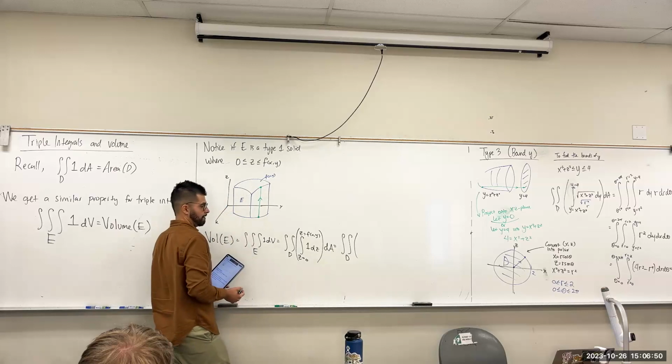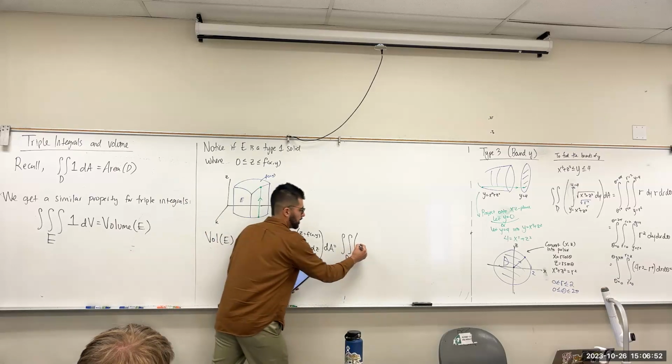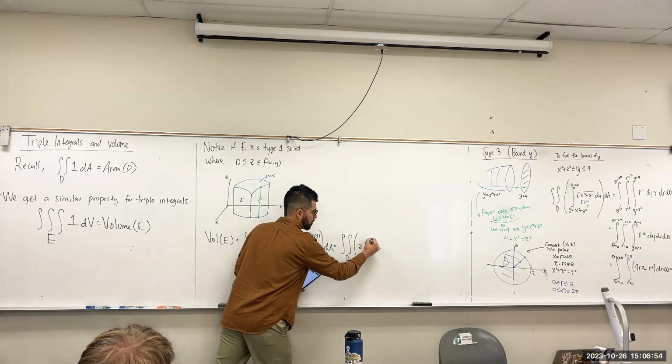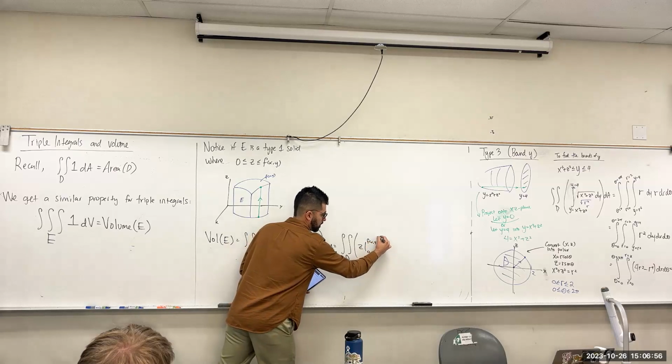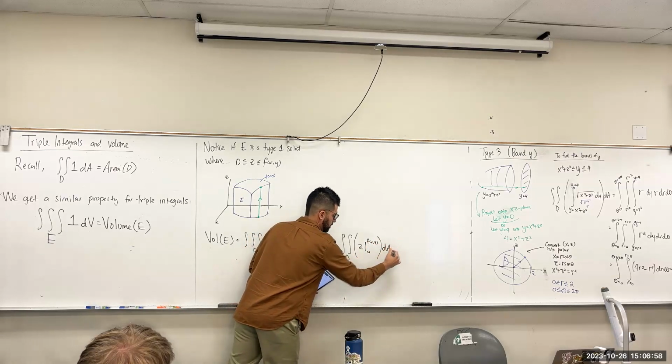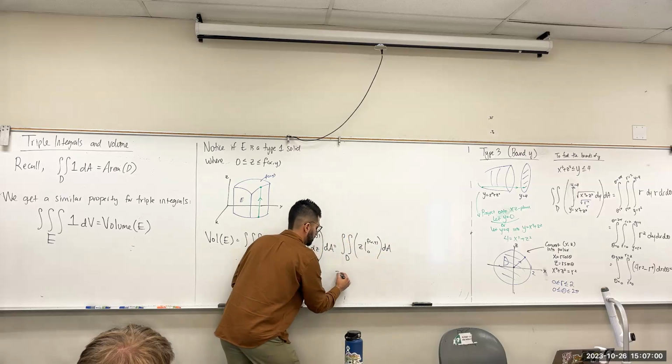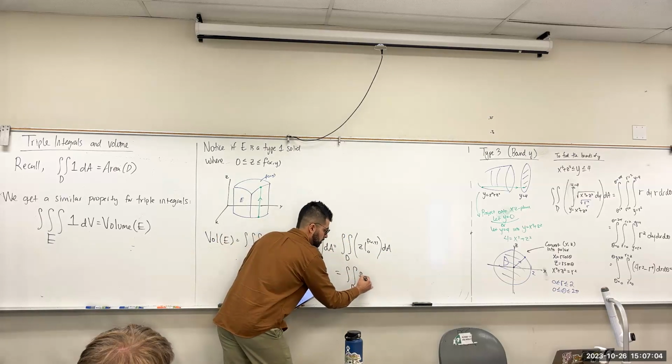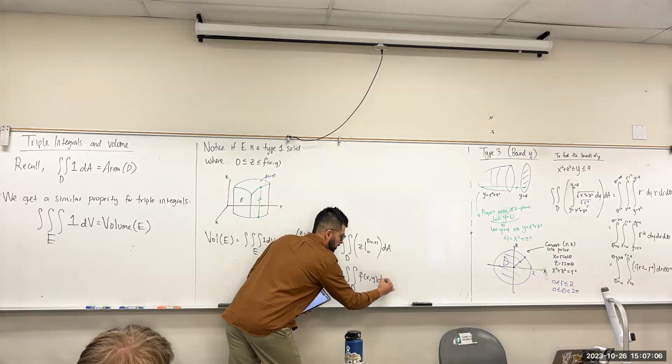What is it? It's just Z, right? From 0 to f of xy. So notice that this just ends up being what you guys learned before,